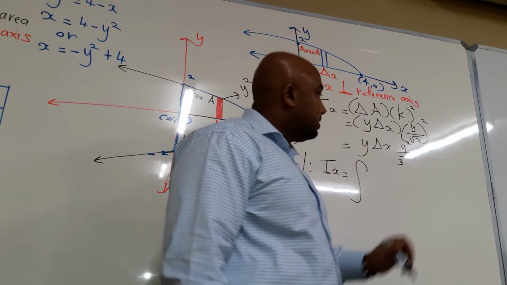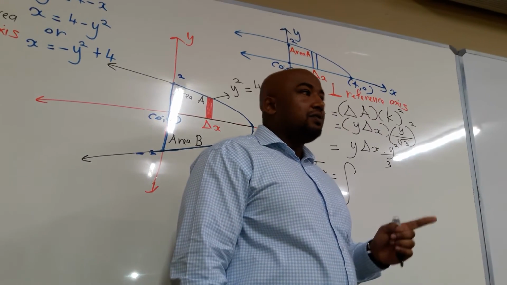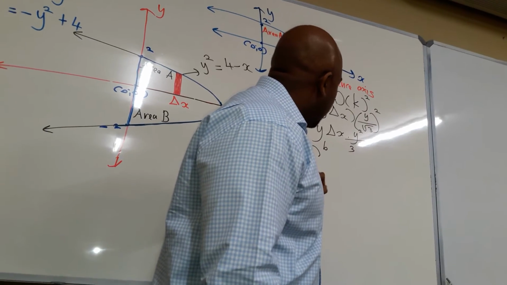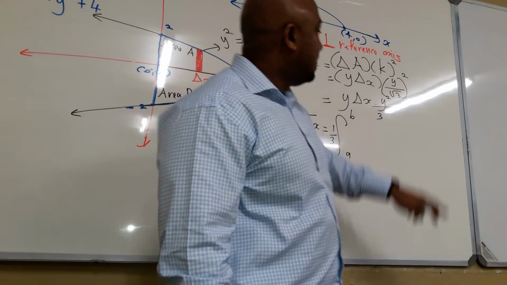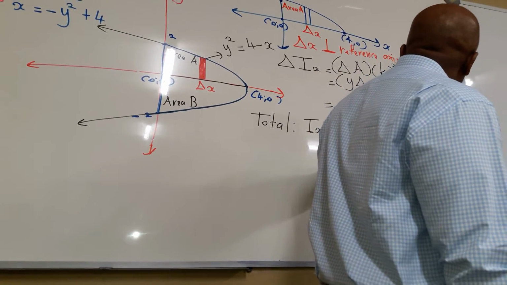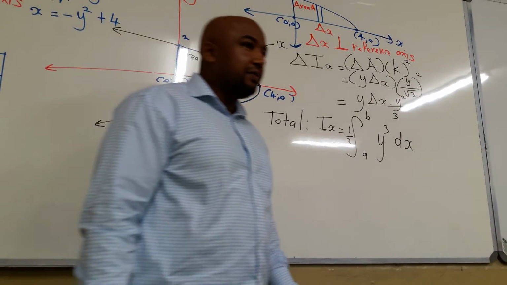We integrate, this is dx, that means we are integrating with respect to x, using b and a. Take your constants, there's your constant there, 1 over 3, y times y squared will give me y to the power 3, and that is my dx there. Okay, now,